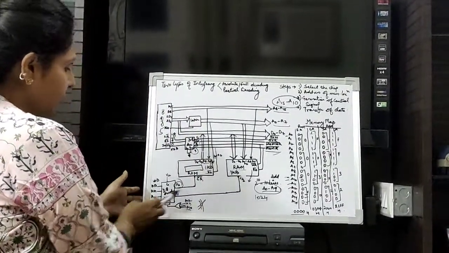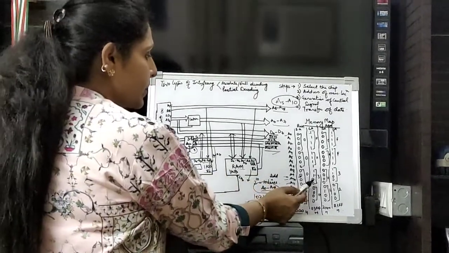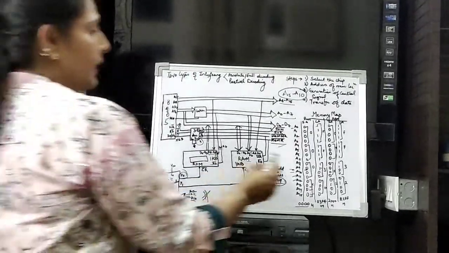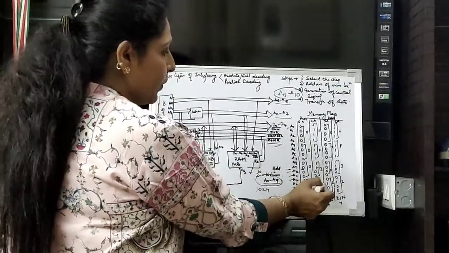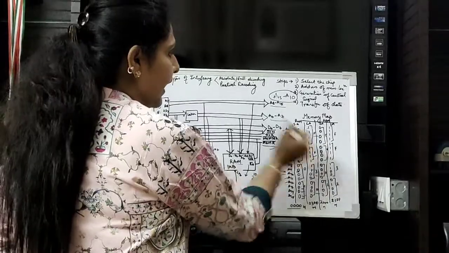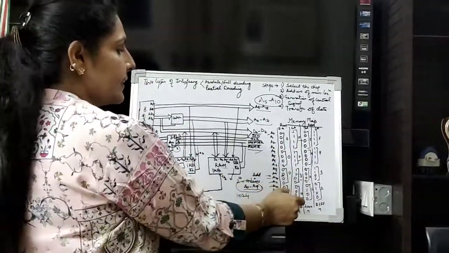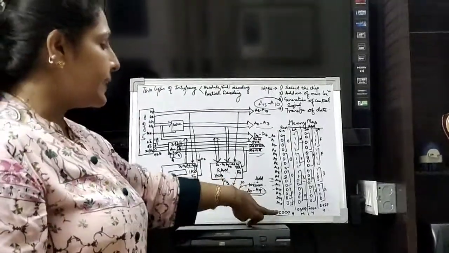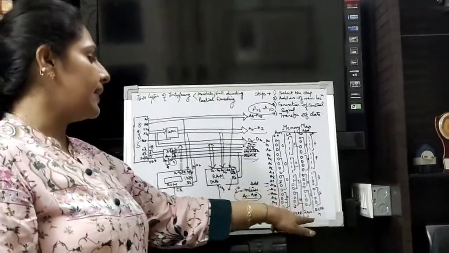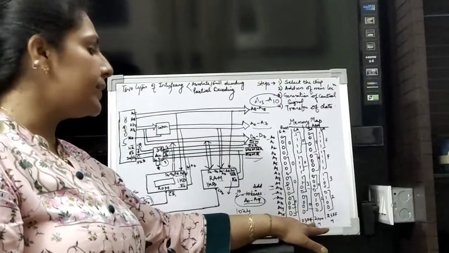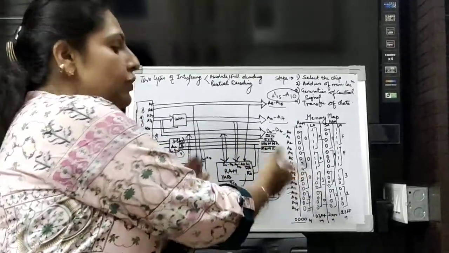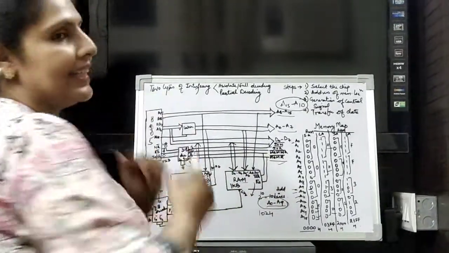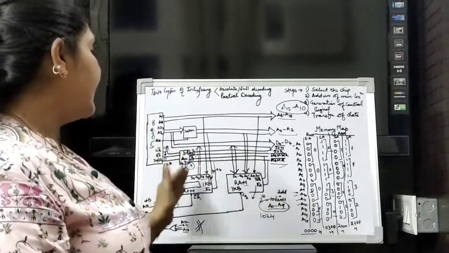After that, for chip select, this chip selection is fixed for ROM. So 0, 0, 0, 0, 0, 0, and here also 0, 0, 0, 0, 0, 0. Now we will calculate. Taking the group of 4, it is 0, 3, F, F. You just see here it is 03FFH. So this is the starting address of ROM, and this is the last address of ROM: 03FF. So this much capacity of ROM is being used with the 8085, using 1 KB of ROM.